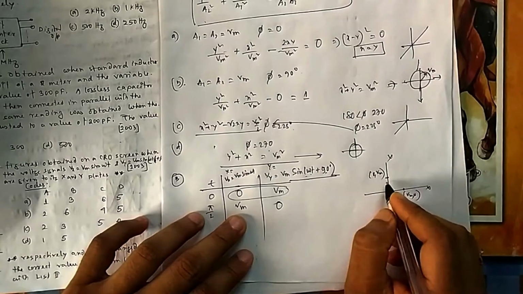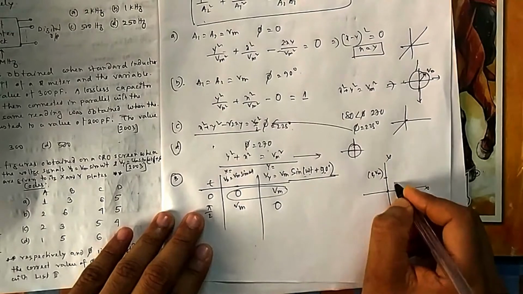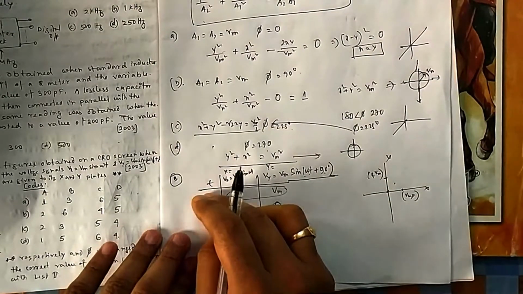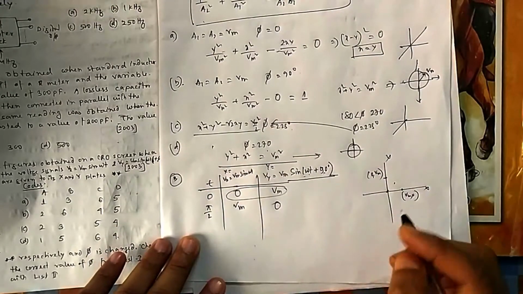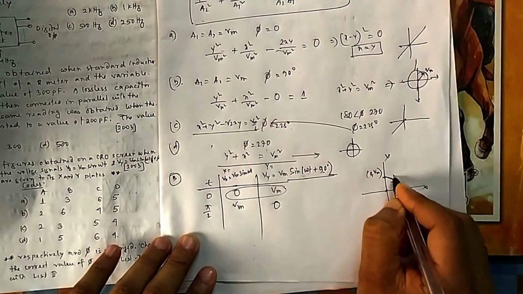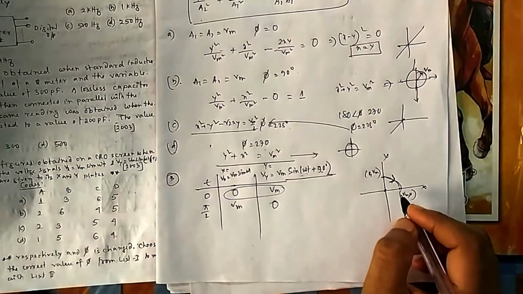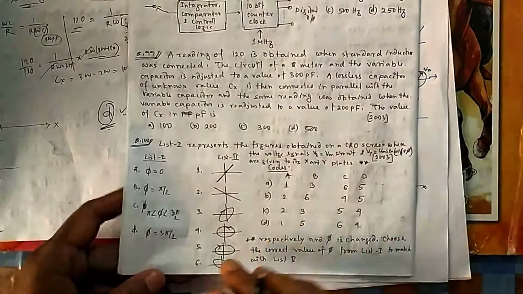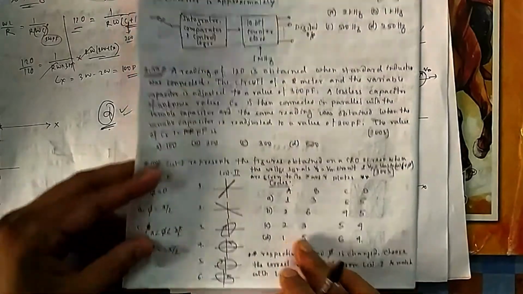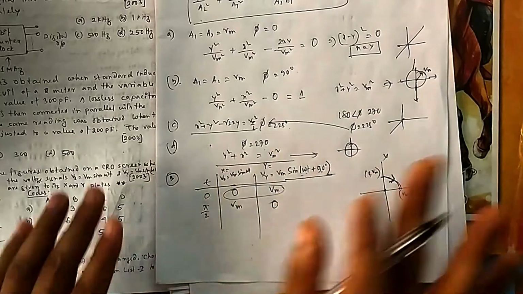And you know it is a circle. If you don't know it is a circle, then you put pi by 4 also, 45, so you know another point. That's why you take lots of points and then join. You will see it will be a circle. If it is a circle and you are moving in this direction, then you know which direction you are moving. So you are moving in clockwise direction. So B should be clockwise direction. That means B should be 5. That you can see. Now you know this one is the correct answer.